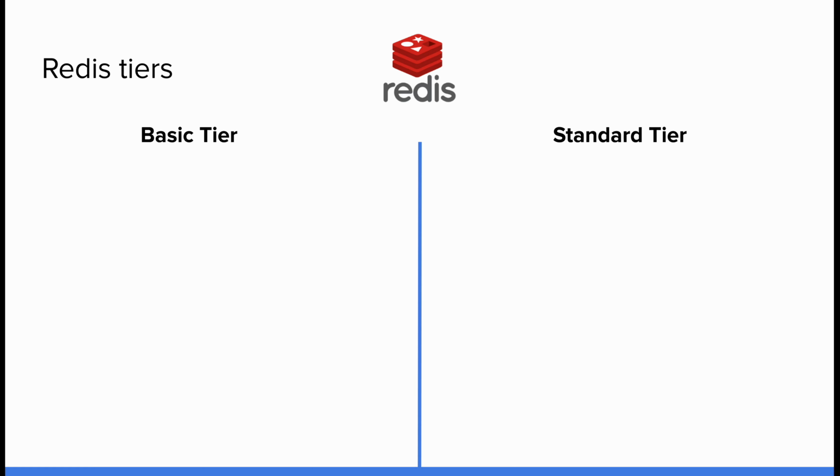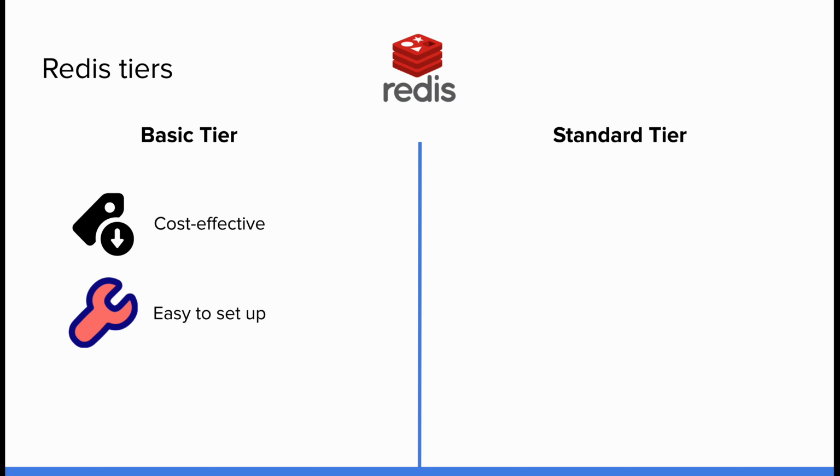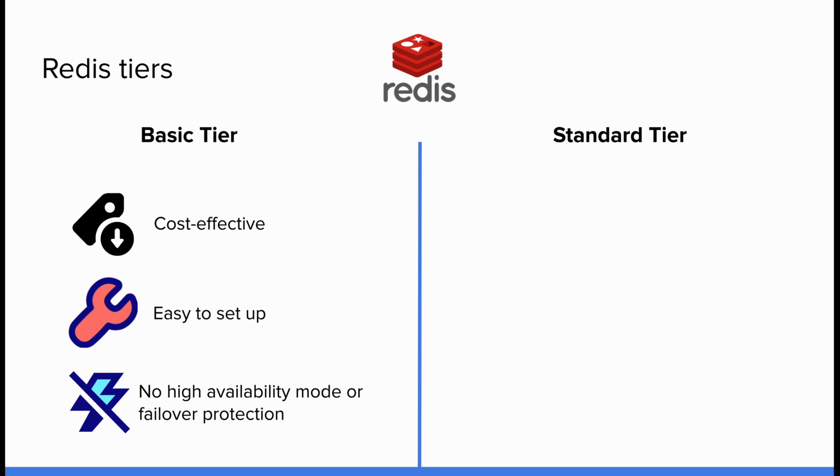Beginning with the basic tier on the left, the basic tier is designed to be cost-effective, making it a budget-friendly choice for caching needs. It's also easy to set up, so it's a good option if you're looking to implement caching without too much configuration overhead. There are some trade-offs to keep in mind though. It does not support high availability or failover protection, which means that if there's an issue, there could be downtime